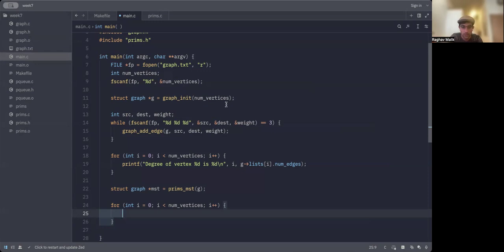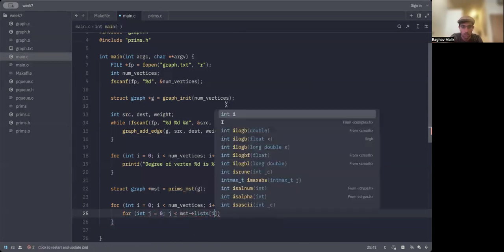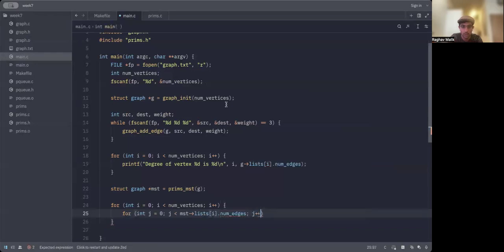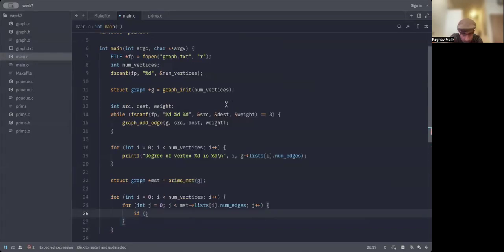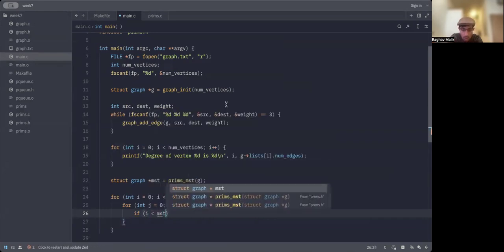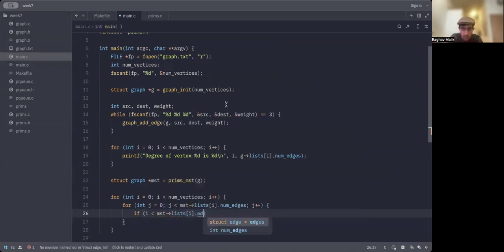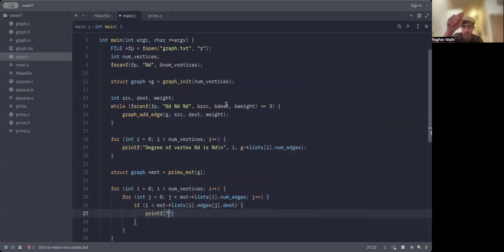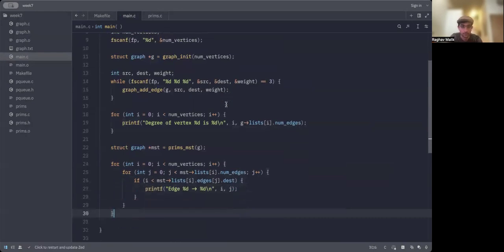So I'm going to loop over each of these and say for int j equals 0, j is less than mst lists i dot num edges, j plus plus. Then we can say if i is less than mst lists i dot edges j dot destination, printf. So i is the source, j is the destination, edge %d to %d, and we'll print i and j. Okay, this should now print out our